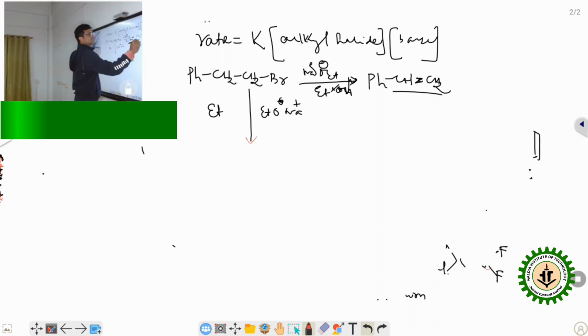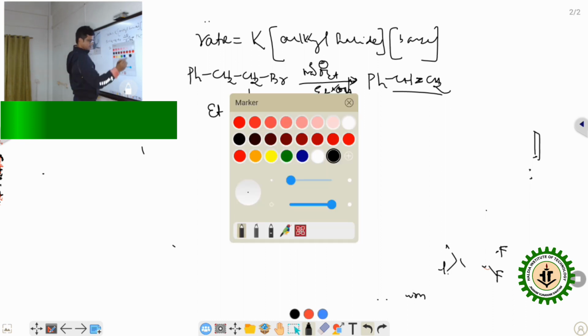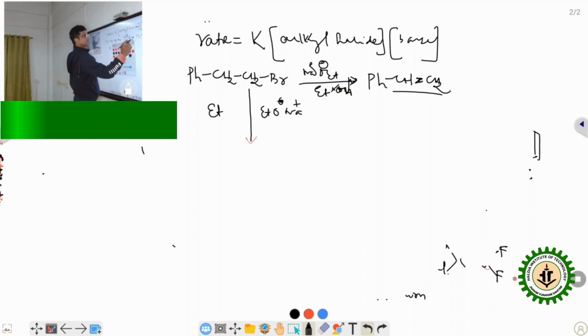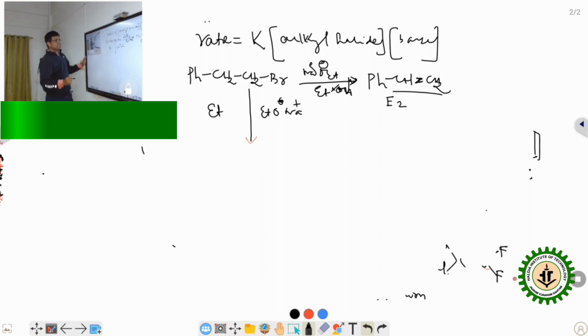The reaction proceeds through E2. But if this reaction proceeded through E1Cb, and if I use deuterated ethanol instead of ethanol,